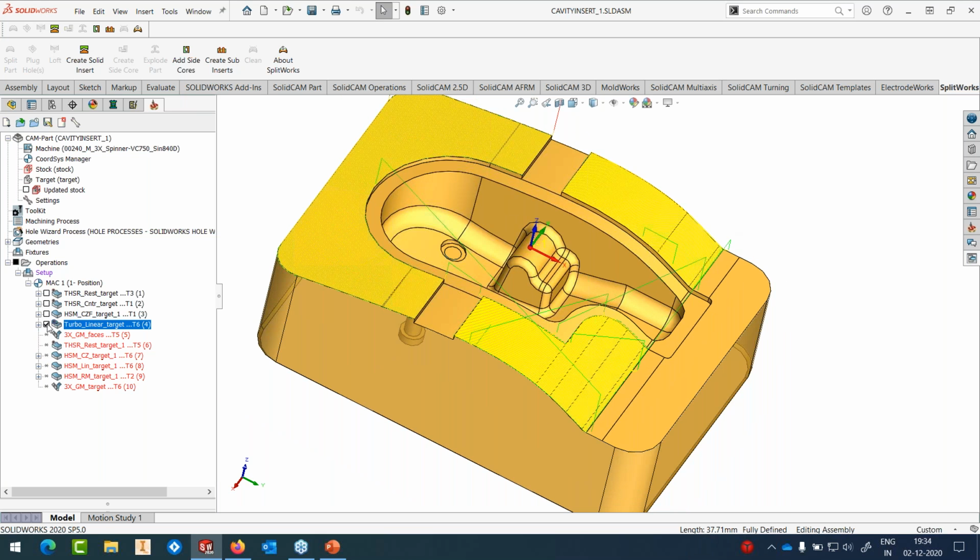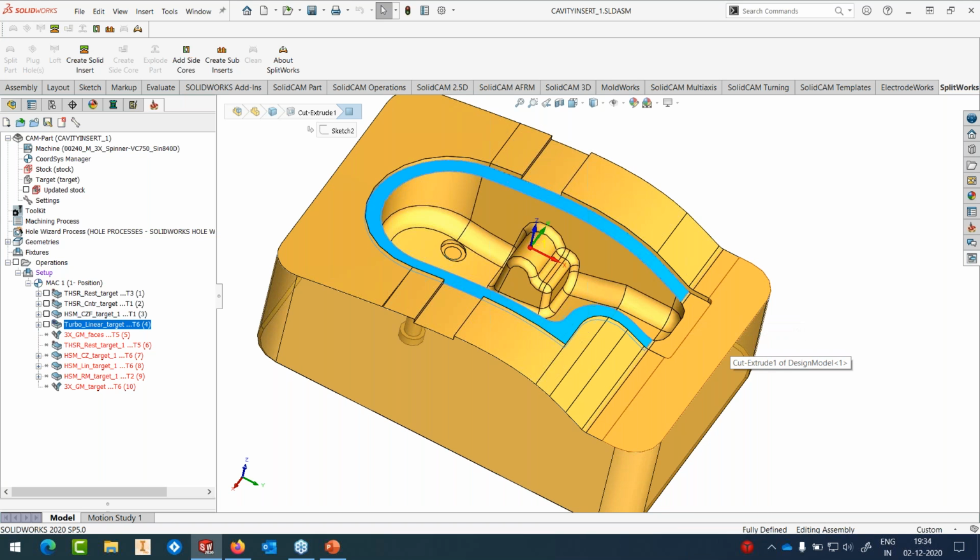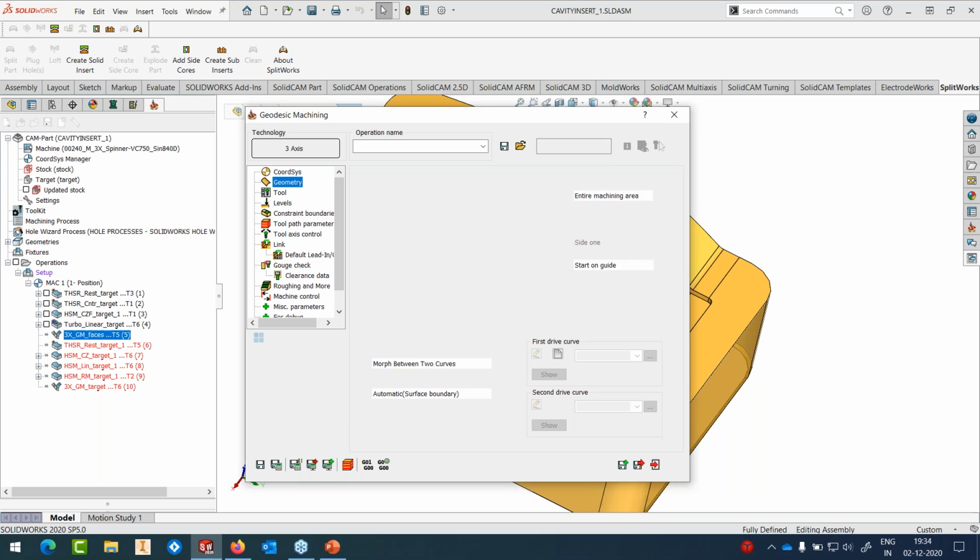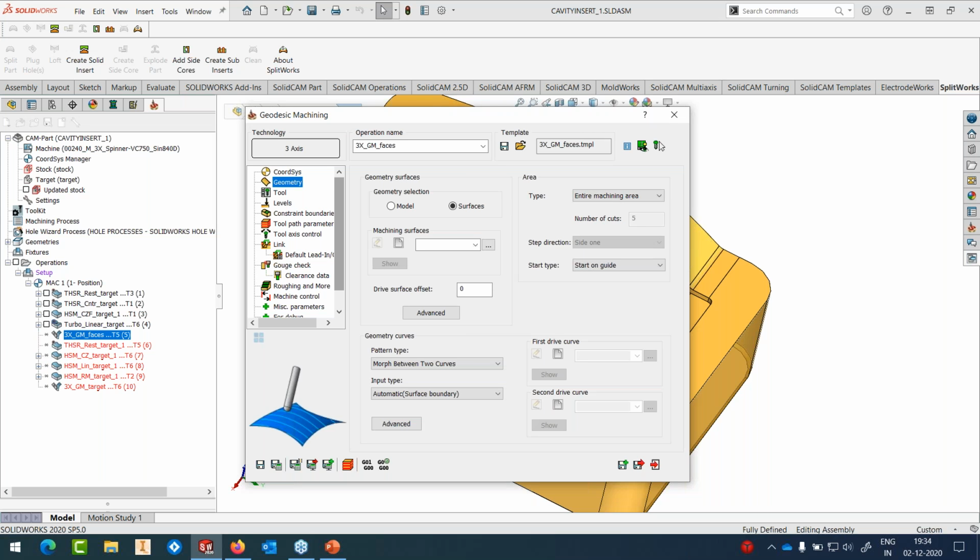That's done. The next one I would like to focus on is this region here, this area. I would like to machine it separately. So for that, we have got a new process. It's called geodesic machining. Geodesic is basically a toolpath pattern generator that uses constant step over, irrespective of the